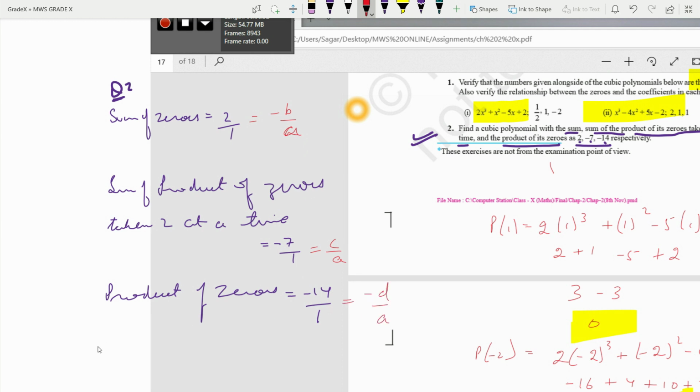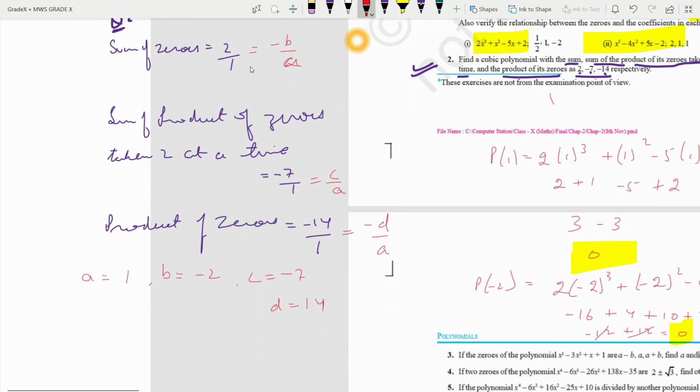So we can write the values. Value of a is, look everywhere, it is 1. Value of b is, look here, it is minus 2. Value of c is minus 7, and value of d is 14, because minus minus here will get cancelled out. So it is 14. Now the required